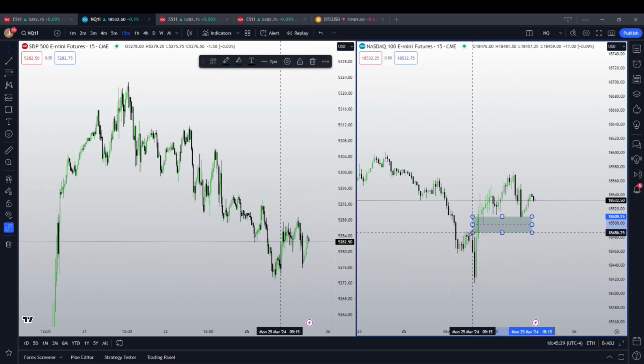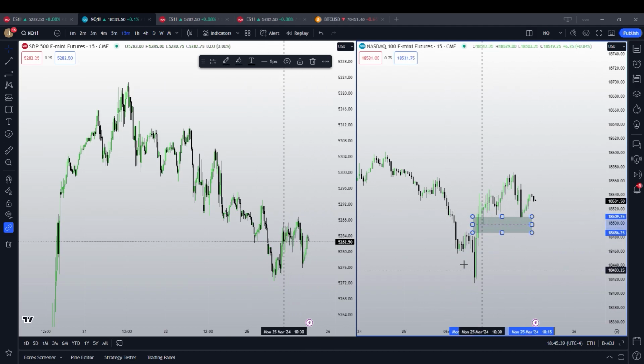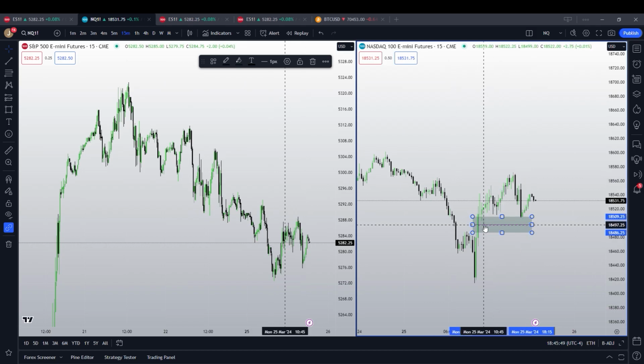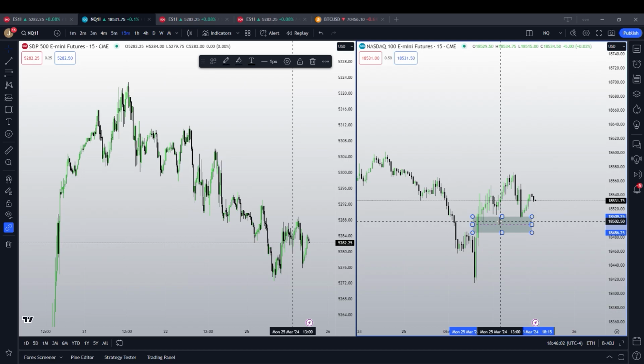As I was saying, I was primarily focused on NQ today. The reason I didn't take a trade here when it reached down to the middle of this gap, the gap on this specific time frame, that's the one that I was looking for. The reason I didn't take this trade is because I have other responsibilities outside of just trading, so I wasn't able to at the moment. So I was just waiting to see if it would reach back down into there at a later time in the day, and it did not. So I did not take a trade.